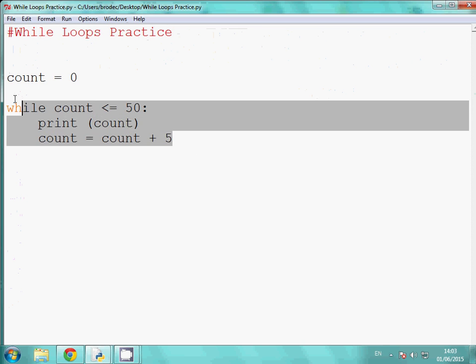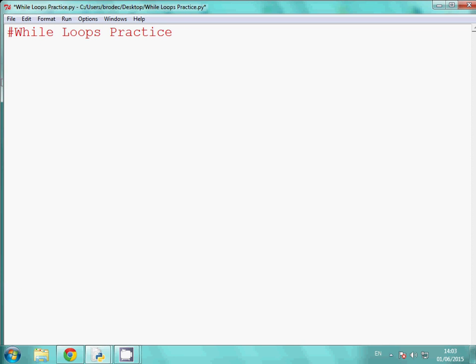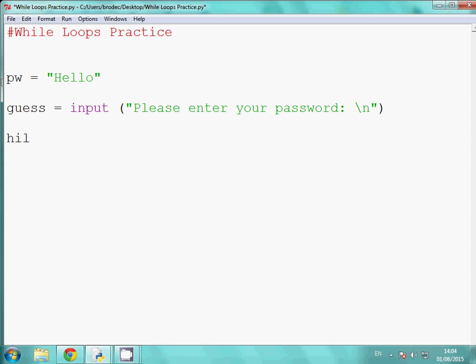This could also be useful if you want to do something like set up a login system. So for example, if we set somebody's password equal to hello, and then we're going to ask them to enter their password. Guess equals, I'm going to ask them to input, backslash n, enter on the next line, and then we're going to say